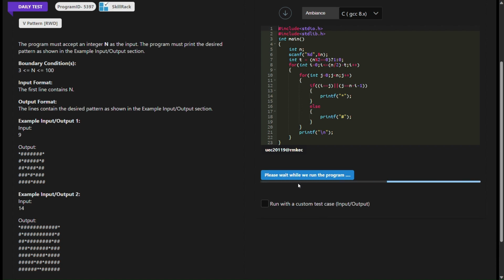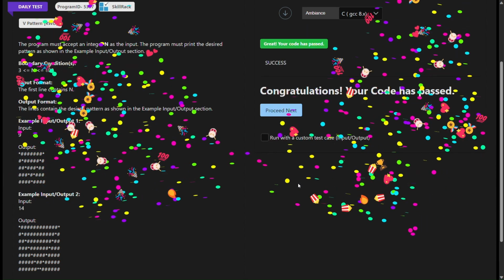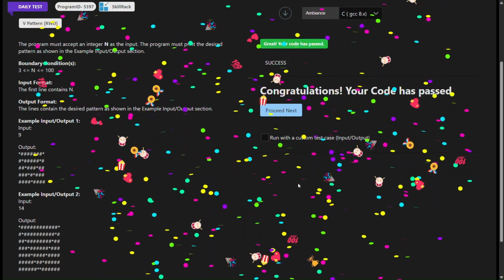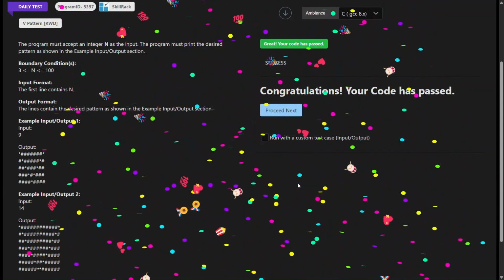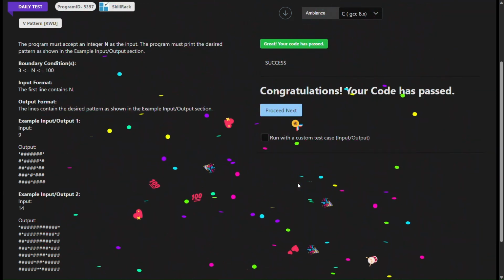The inner for loop handles the columns within each row. It runs j from 0 to n, allowing us to print characters in each row. The if conditional statement checks if we're at a position where i equals j or j equals n minus i minus 1. If true, it prints an asterisk for the V shape. Otherwise, it prints a hash for the remaining positions. And that's how this C program generates a V pattern using asterisk and hash symbols based on the user input